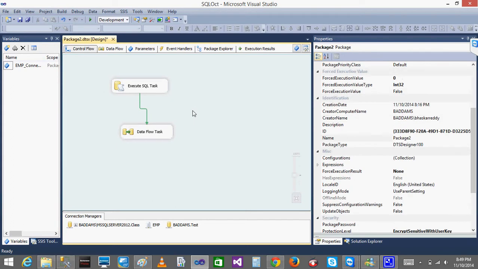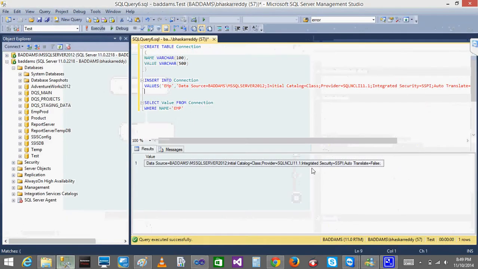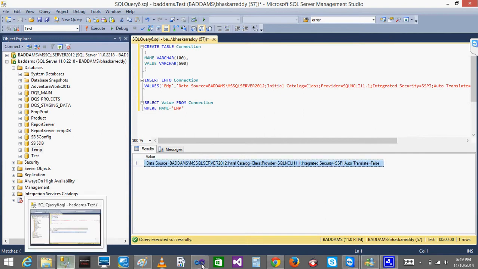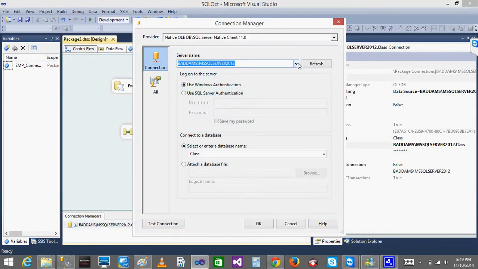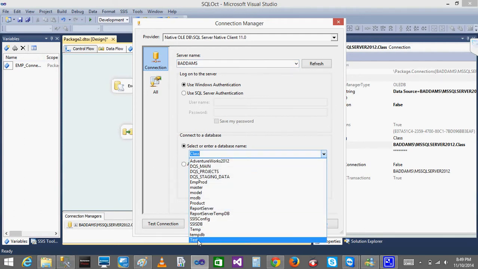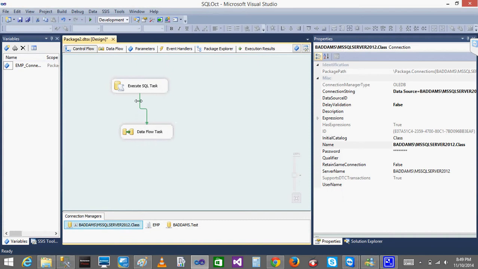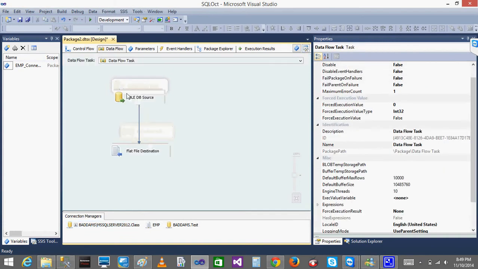That's the scenario, okay? Now, what do I have in the connection properties here? It is having Badam's MS SQL Server 2012 and the database, the initial catalog, class. So when I run this, even though I am changing the database server name here, remember, I am changing the server properties to test. Okay, so now, when I click this,